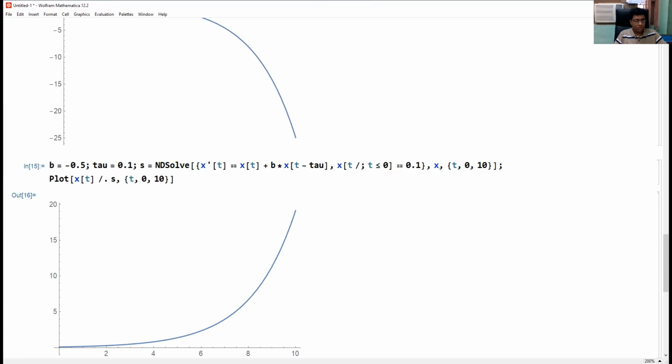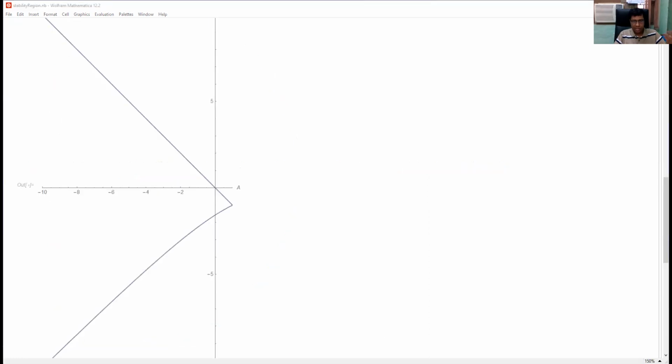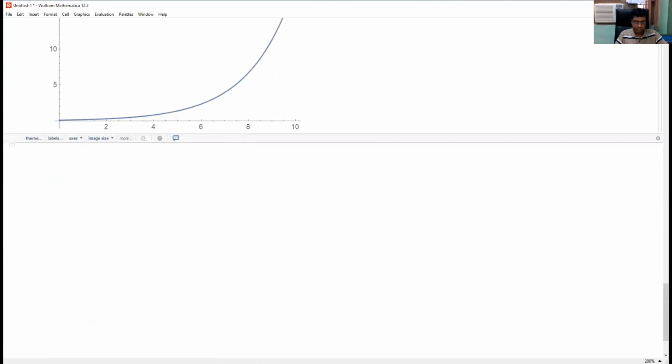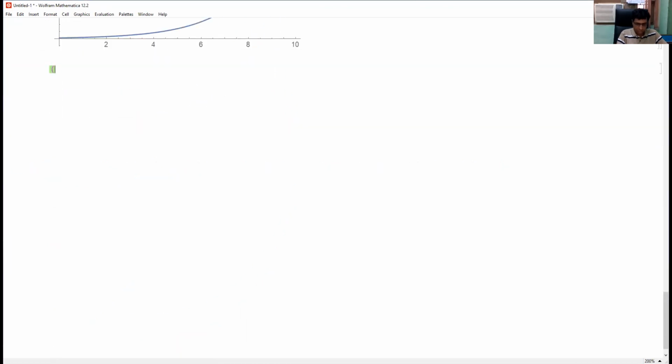Now second case, you may take some more values for b. Second case is b is less than -1. Let us take b equal to -2, and then we compute tau star. If b equal to -2, then tau star is given by,